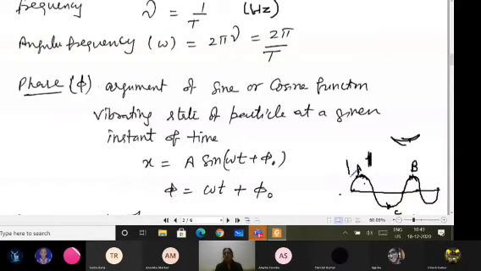I have taken this as y, which is equal to sine theta. Here if theta is 0, here theta is 90. The time period here becomes capital T. So this is T by 4 time. Sorry, here it is T by 4, here it is T by 2, then 3T by 4.